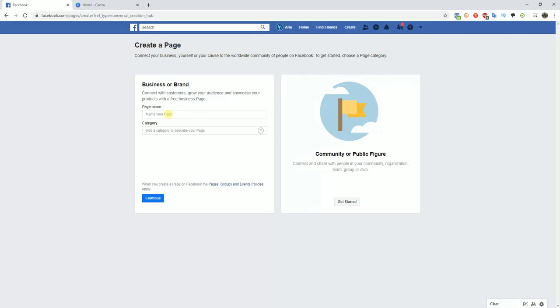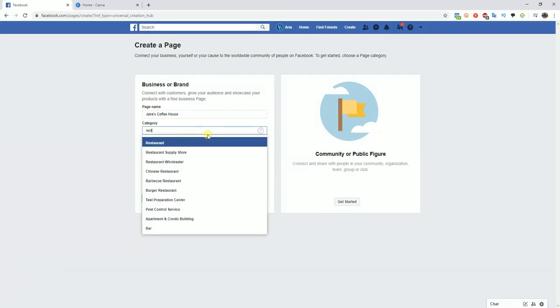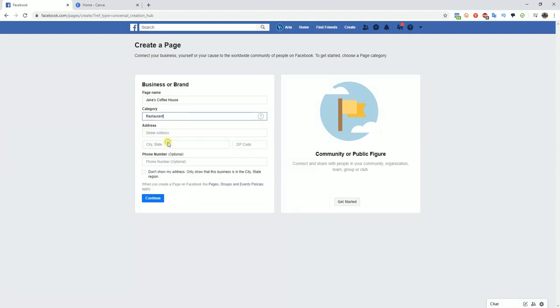And then right here we have to go ahead and name our page. So right here you're just going to go ahead and put in your business name. So in this example, let's say you're a local coffee shop, so we'll go ahead and put that in here. And then right here we need to select our category. So what you do is you go ahead and type in a word or two to describe your page. So in this case we would be a restaurant,